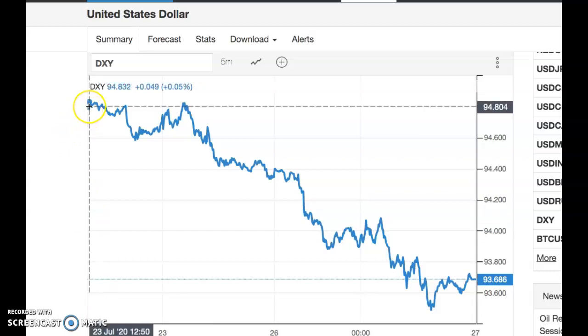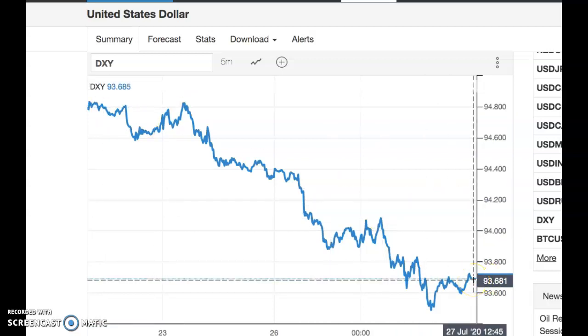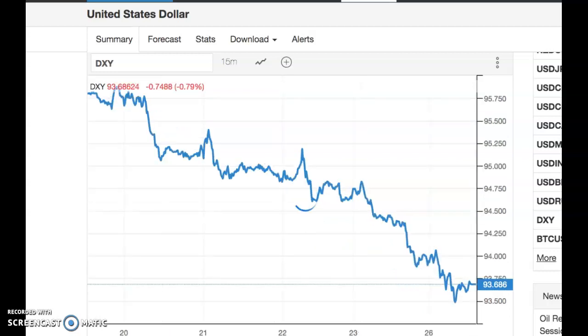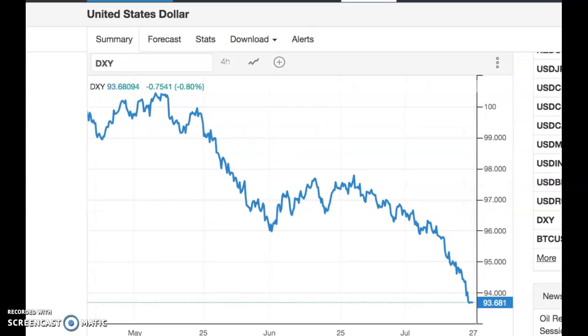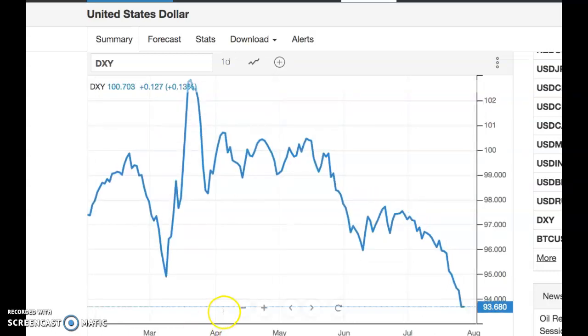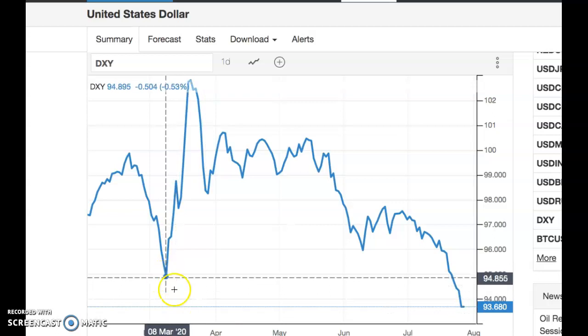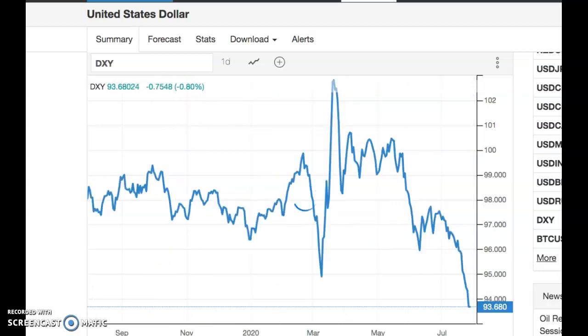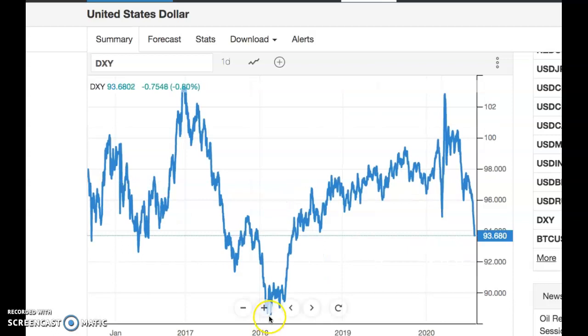What happened today is the dollar started the day at an index of 94.8, almost 95, and dropped down to 93. Now, that is a significant drop in just a matter of hours since the market's open. You can also see this in the context of a longer time frame. If we go back a week, it's been dropping. If we go back a month, it's been dropping. 3 months, it's been dropping. 6 months. Now, we see a low here back in March, but you really have to go back to 2018 to see an index lower than what we hit today.